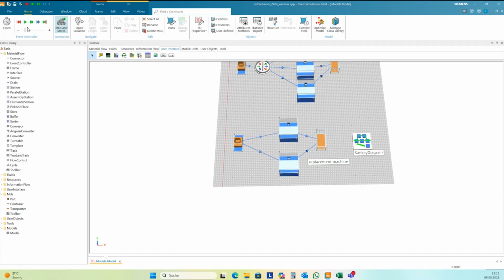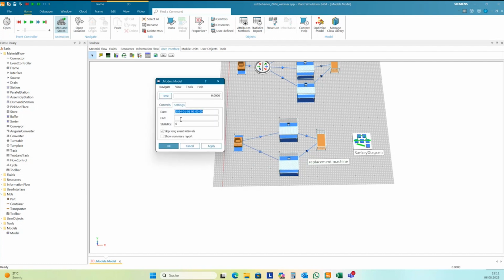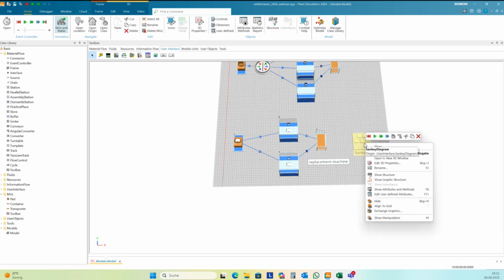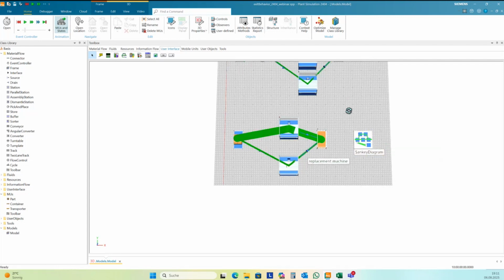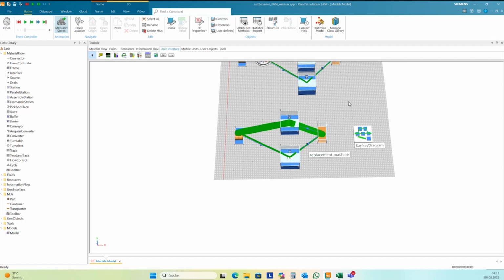I set an end for my simulations here of 10 days, and let the simulation run until the end. And then I show the Sankey diagram. This already looks good here.